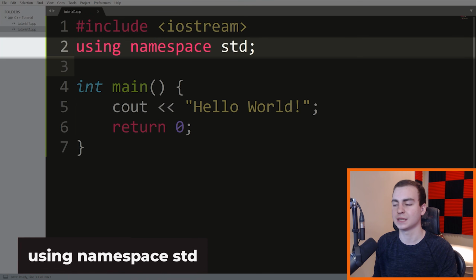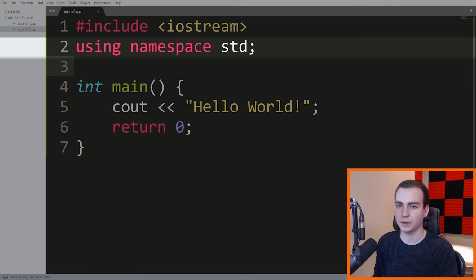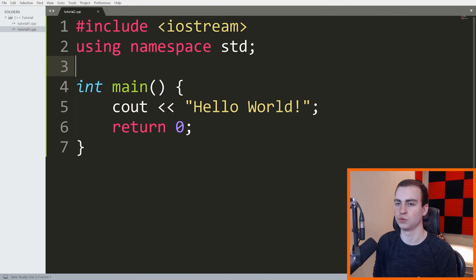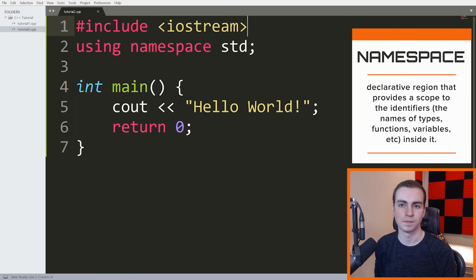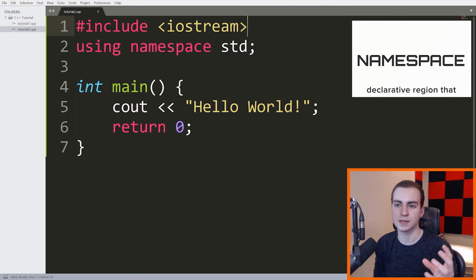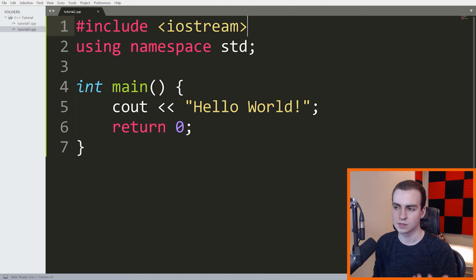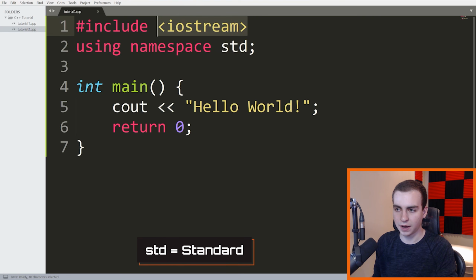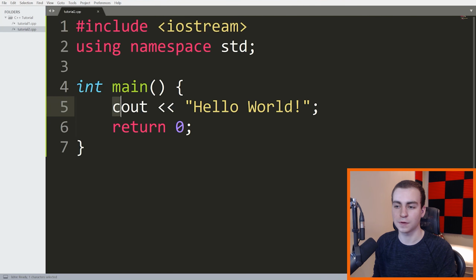It says using namespace std. Now, this is where it gets a little bit complicated, so I'm going to skip through a fair amount of this explanation just to really not confuse any beginners or intimidate everyone. But inside of this IOStream library, there's something called a namespace, or there's actually multiple namespaces. Now, a namespace is just a collection of code. It's just a way to divide code up into specific areas, so that code that's related to one thing is going to be in one namespace, code that's related to another thing is in another namespace. So in this example, there is this namespace called std, which stands for standard. So inside of IOStream, there is a namespace defined called std, and inside of that namespace are all these functions like cout.